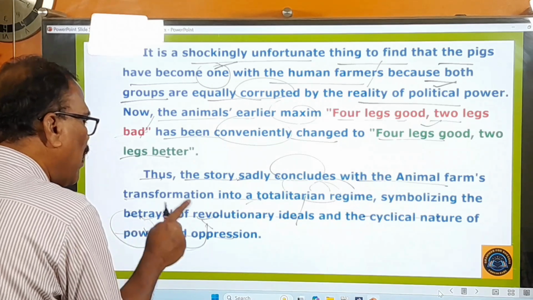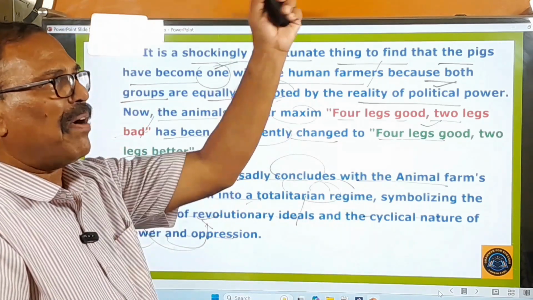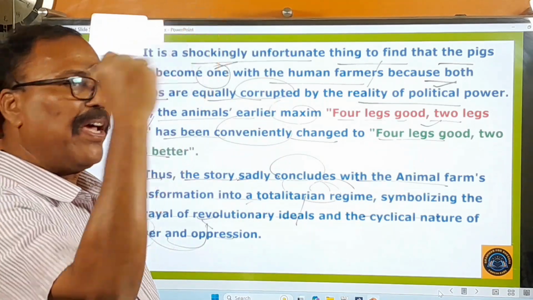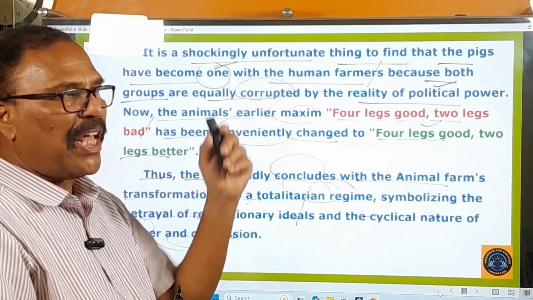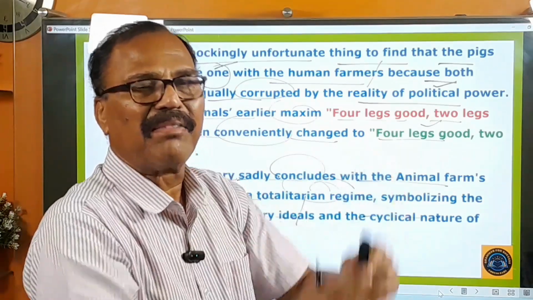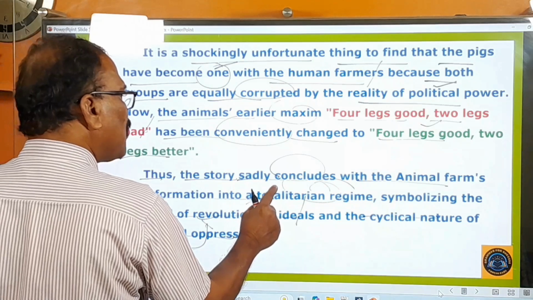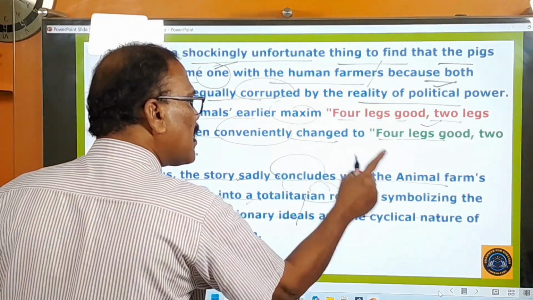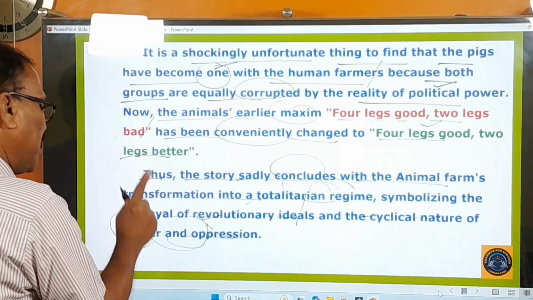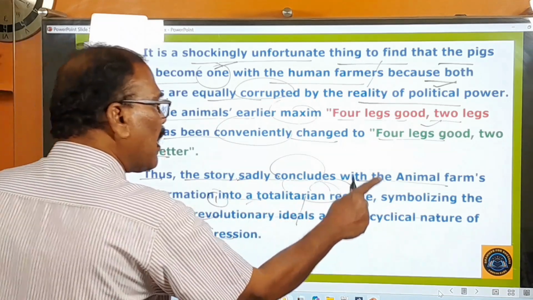So this power and oppression go hand in hand. So here this totalitarian regime stands as a symbol for betrayal of revolutionary ideals, one point, and the cyclical nature of